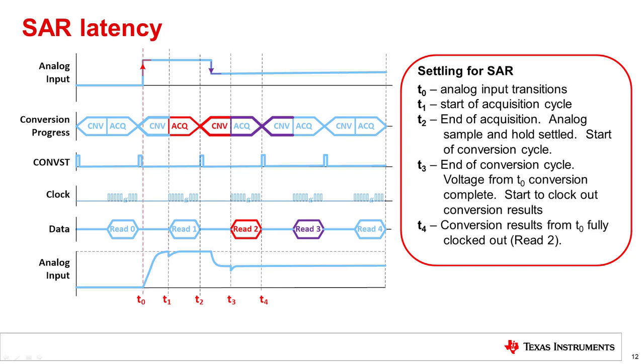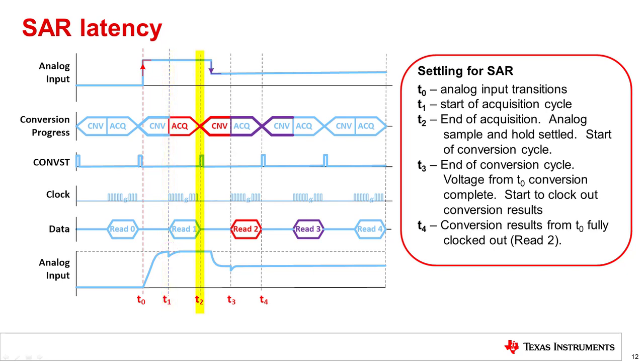the analog input signal can transition during the conversion phase of a SAR ADC without impacting the settling during the acquisition phase. This is what happens at time t0 in this example. At time t0, the analog input makes a step change. This step occurs during the conversion phase, so the analog input can complete the transition before the ADC starts acquiring the input signal. At the beginning of the acquisition phase, or time t1, the analog input will see a brief transient as the sample and hold capacitor is charged.